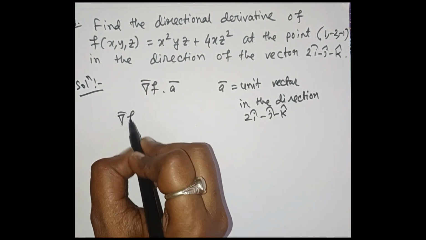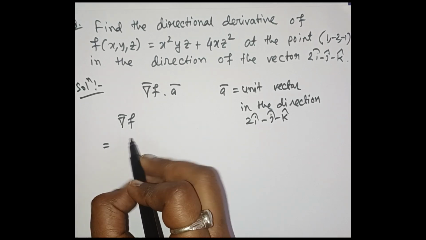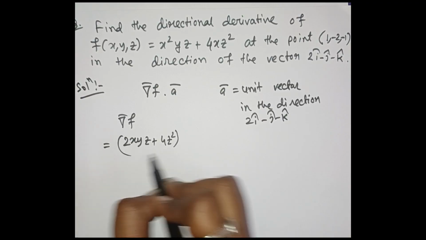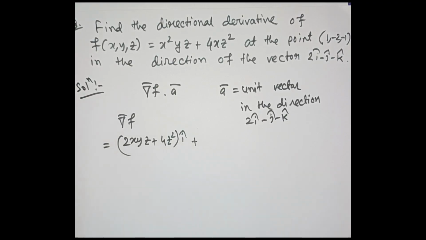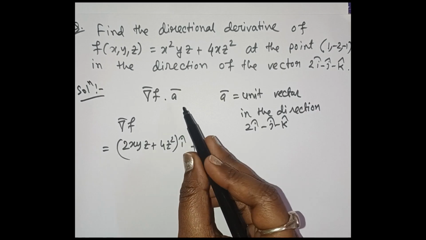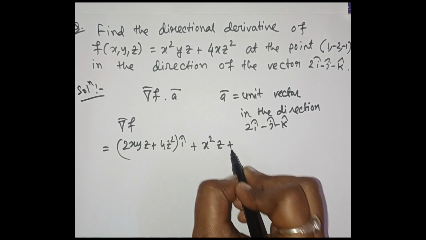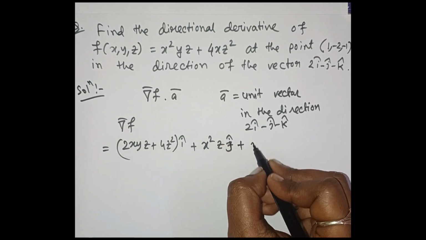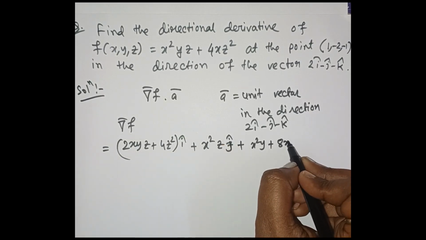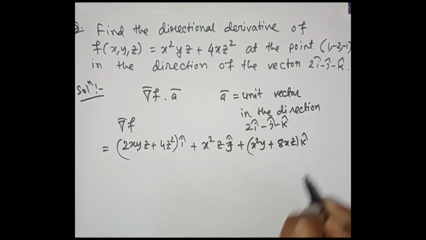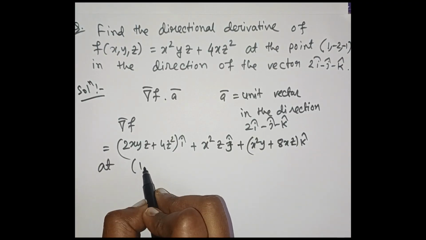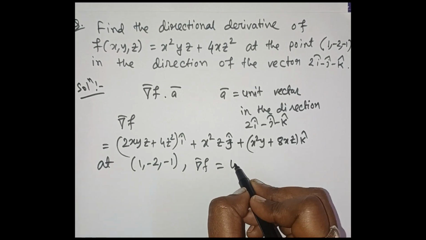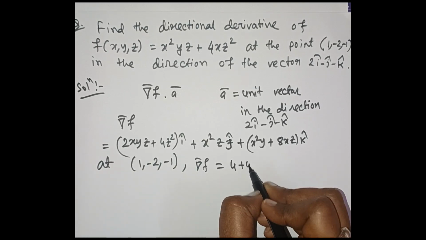Grad f is equal to (2xyz plus 4z square) i plus x square z j cap plus (x square y plus 8xz) k cap, and at the point (1, -2, -1) grad f is 4 plus 4